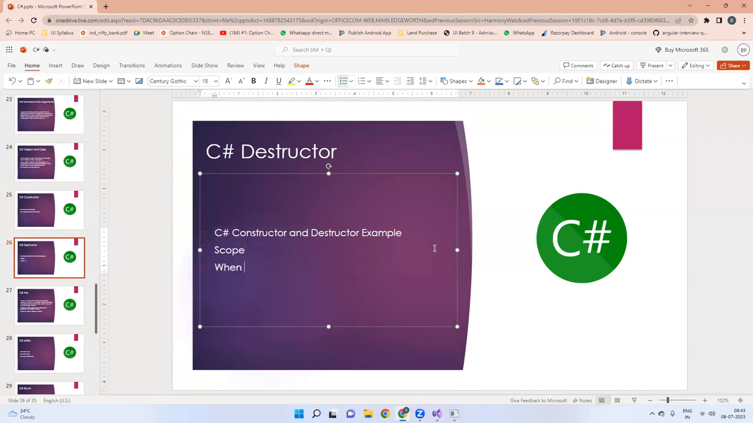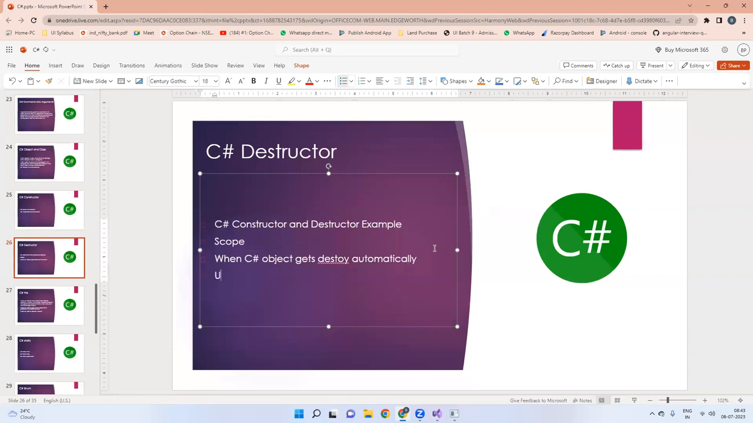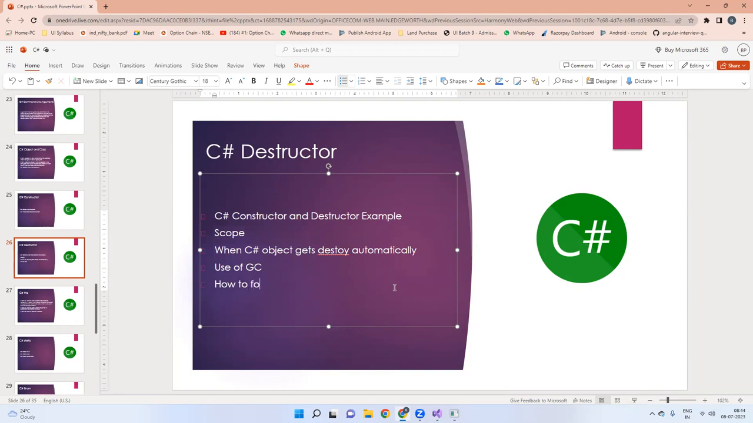When the C# object gets destroyed automatically, use of garbage collector. Okay, how to forcefully ask garbage collector to destroy objects. Okay, एवढ्या सगळ्या गोष्टी आपण बघितल्या. It is not only destructor, destroy. ओके,